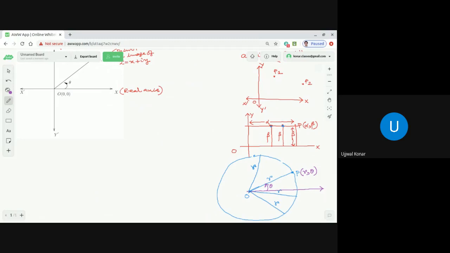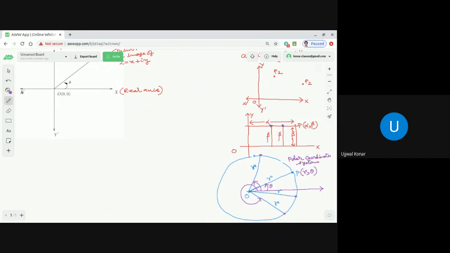And dear students, when we say this thing, then all these points, maybe their r is the same, but their theta is different. Here the angle is different, correct or not? It is a different point. Here the angle is different. That is a different point, correct? So this kind of representation is known as a polar representation. It is called a polar coordinate system.